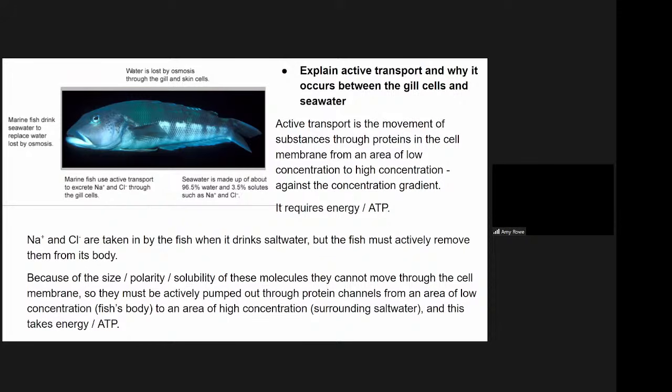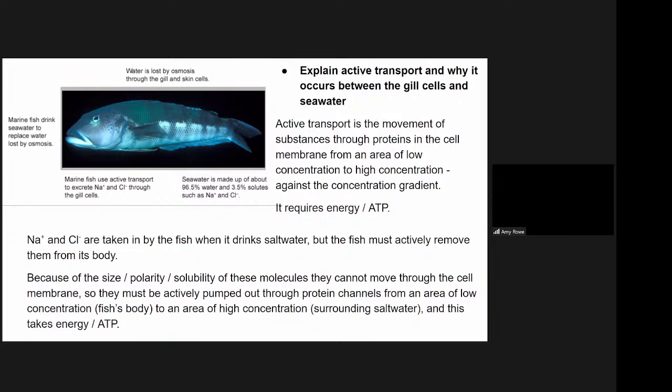So active transport is the movement of substances through proteins in the cell membrane or through protein pumps in the cell membrane from an area of low concentration to an area of higher concentration. So it's moving those substances against the concentration gradient, and it requires energy or ATP. Sodium ions and chloride ions are taken in by the fish when it drinks the seawater, but the fish doesn't want to maintain a high concentration of sodium and chloride ions in its body, so it needs to remove those